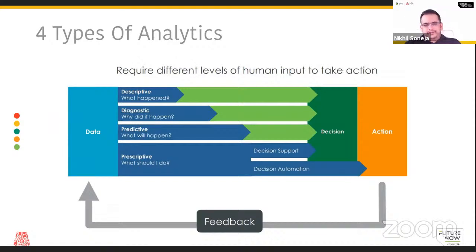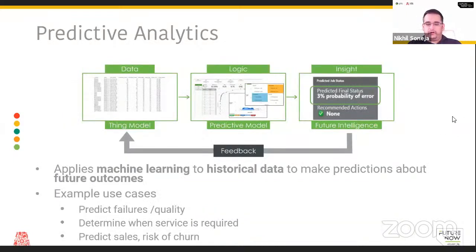So diagnostic and prescriptive, there are features in ThingWorx for prescriptive analytics as well, but we're not going to go into that at this point. For decision support systems, of course, you do need prescriptive, but we're going to focus in on predictive analytics. And the same holds true whether it's time series or non-time. So what is predictive analytics? Again, what we're focusing on.